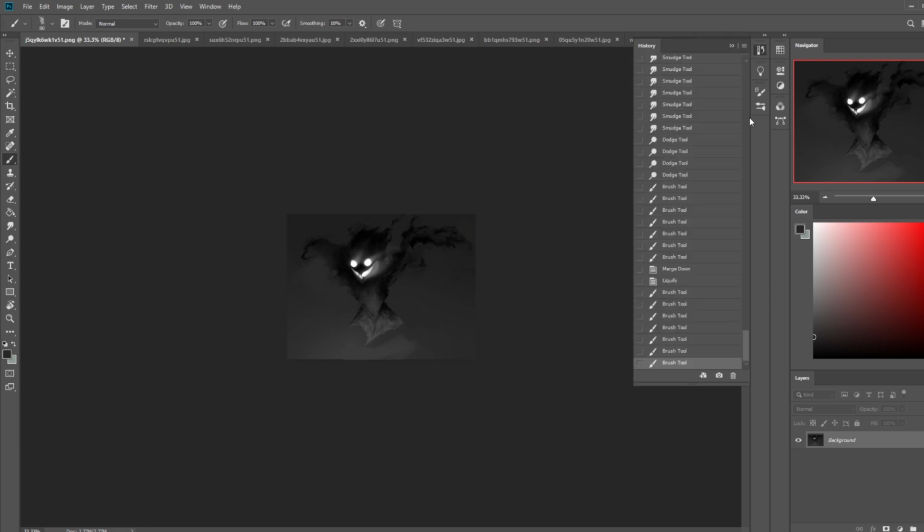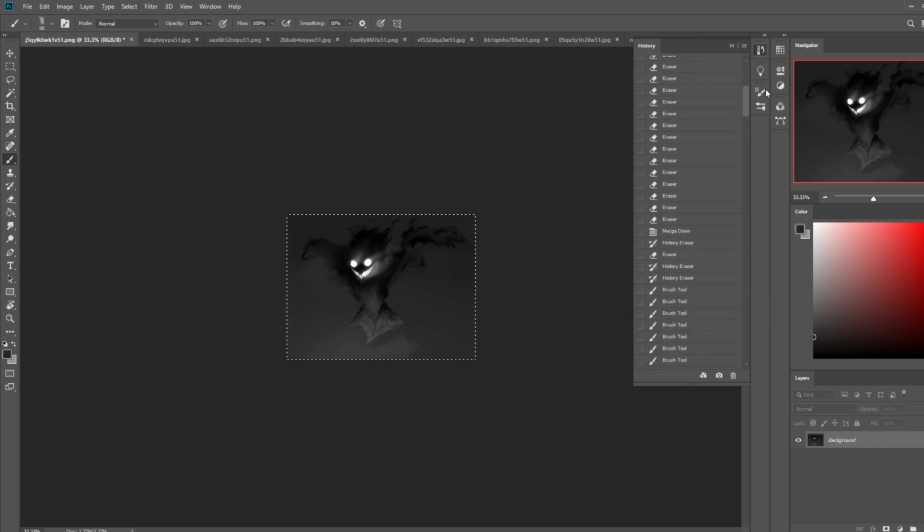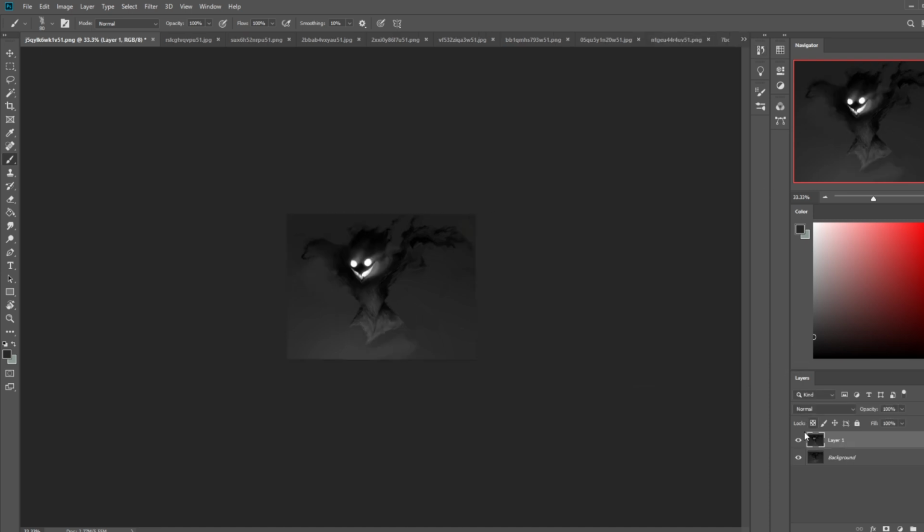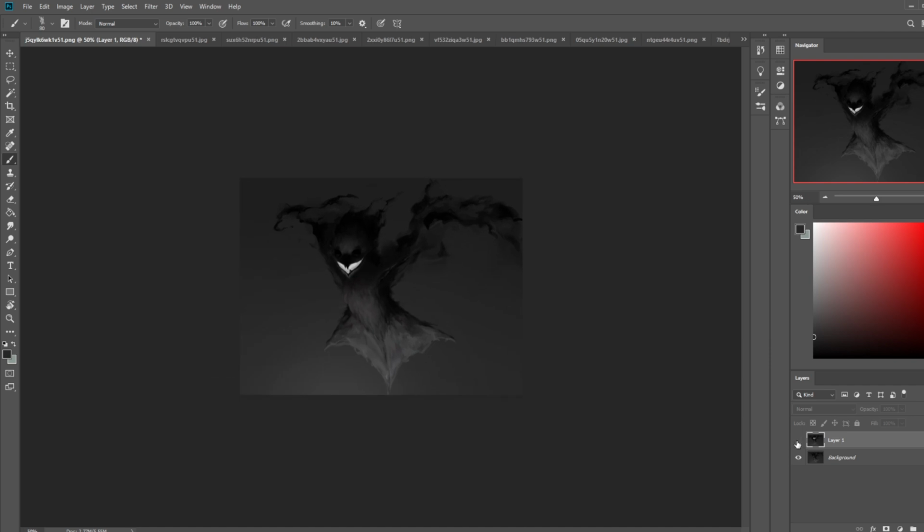All right, so we just look at the before, and we can see that it's kind of a little bit boring. Not very scary. Seems a bit more like a still doll. And then you had those black holes for the eyes, which weren't working because it was already such a black creature, so it just looked like a floating mouth. And at least after, we have some element of cute and creepy mixed together.